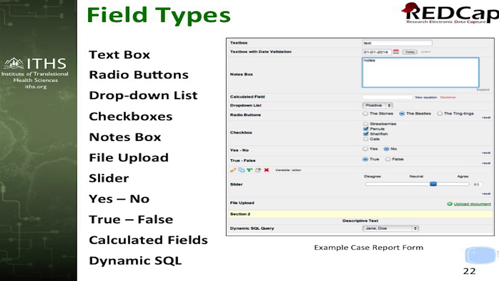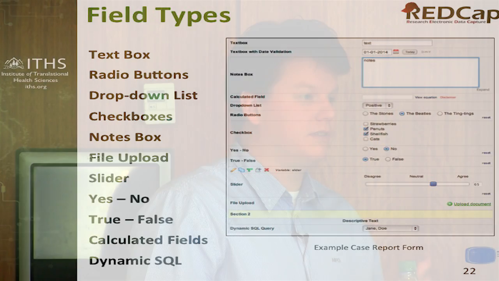Then we have calculated fields, which will allow you to take numbers inputted in text boxes, for instance, and do a calculation with it. For instance, if you want to calculate a BMI, it's used for that. If you want to do a scoring tool and calculate the total score, you can do that with a calculated field. However, some people try to use the calculated fields to get a jump on their analysis to begin with,